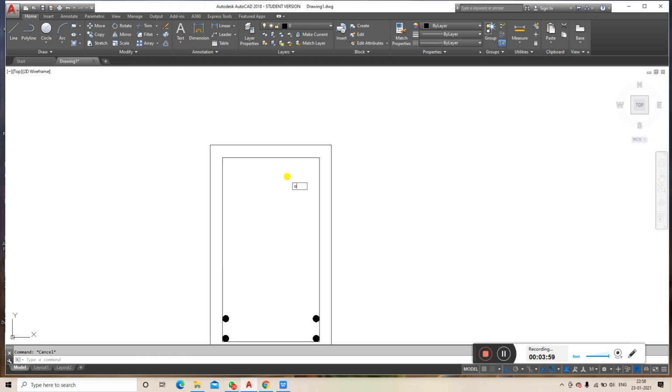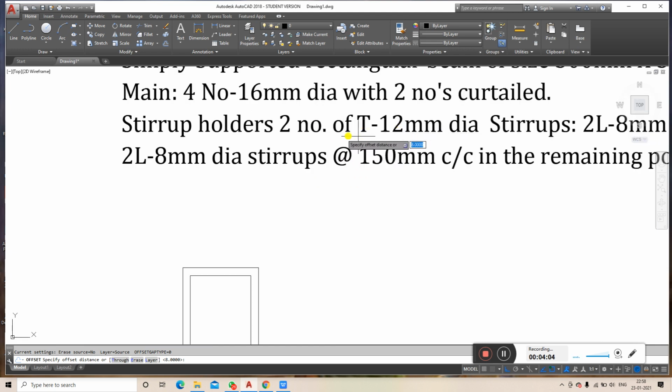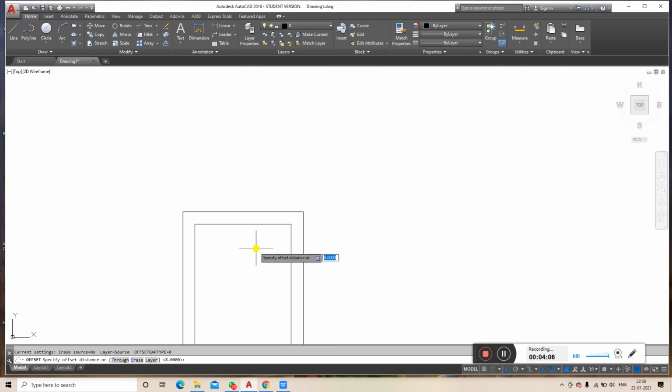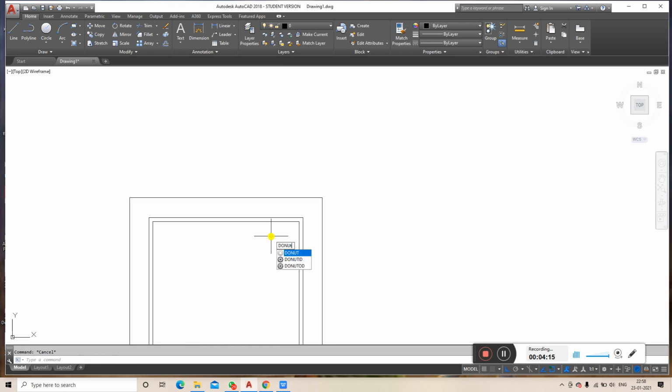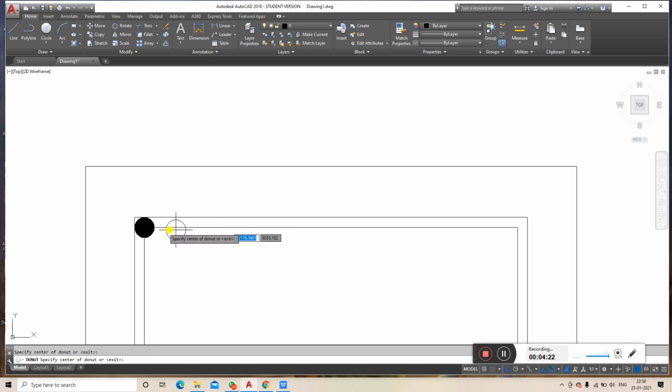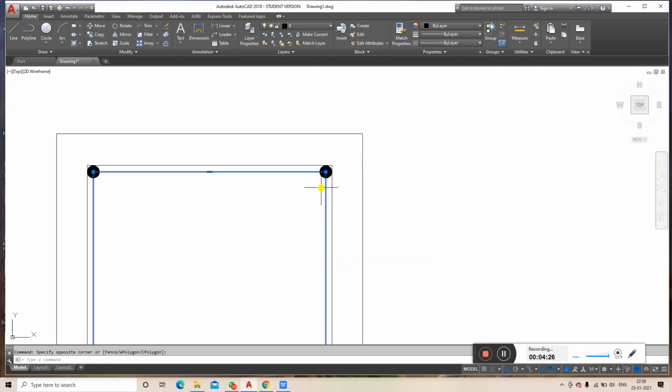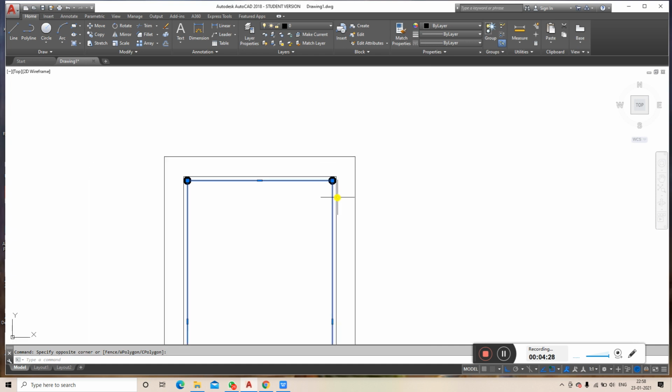Now when it comes to the top reinforcement, there are 2 numbers of 12 mm. If it is 12 mm dia, the radius is 6 mm, so I am taking an offset of 6 mm. I'll go to the donut command, inner diameter 0, outer diameter 12 mm. I am taking the offset only to get the center of the reinforcing bars.